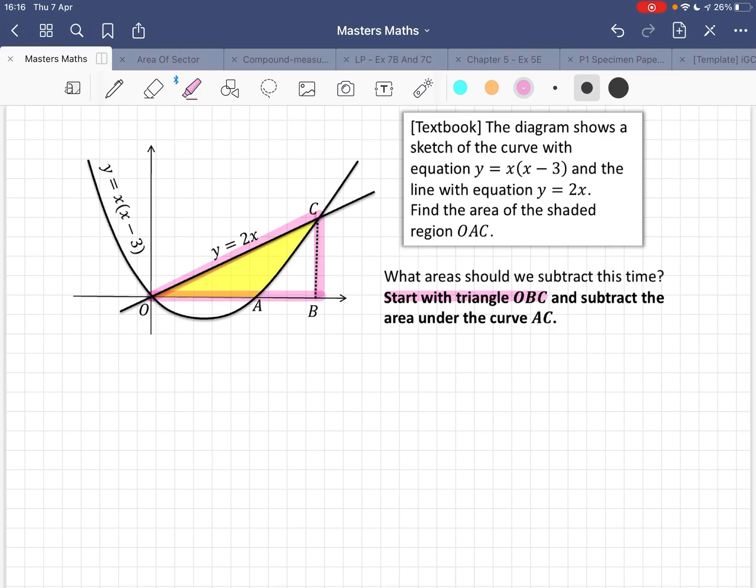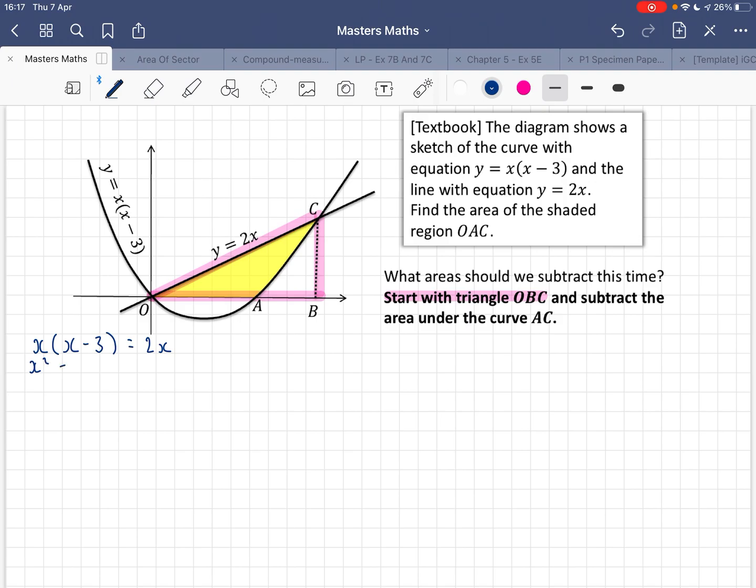So we're still finding the same components, the same parts of the question, but we're just subtracting it in a different order at the end. So we still need to find the points of intersection first. Again, our equations are both y equals, so we can put them straight equal to each other. So x squared minus 3x is equal to 2x. If I expand that out and